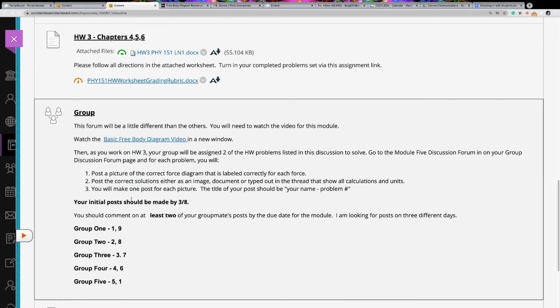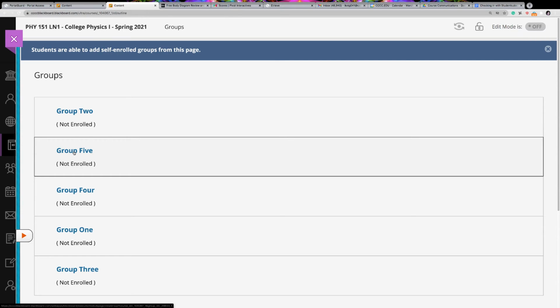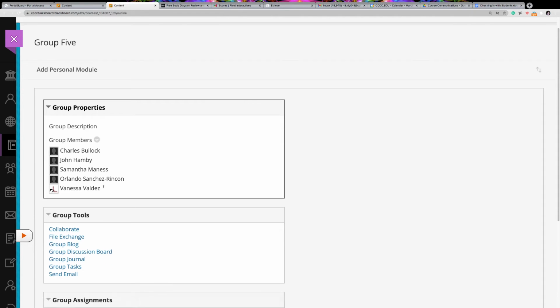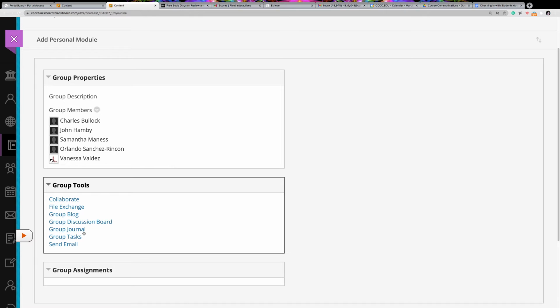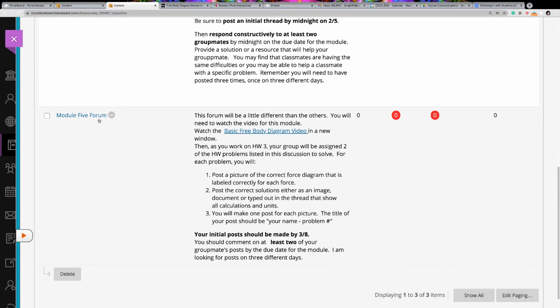You are separated into your groups this week in discussions, and I just wanted to clarify that in order to do that, you're going to go into the group page, you're going to find your group, and then in your group, you're going to click on the discussion board for that group, and you're going to scroll down and find the Module 5 forum, and your group has been